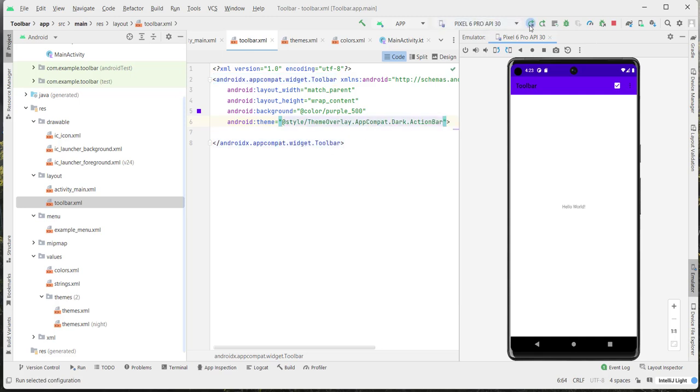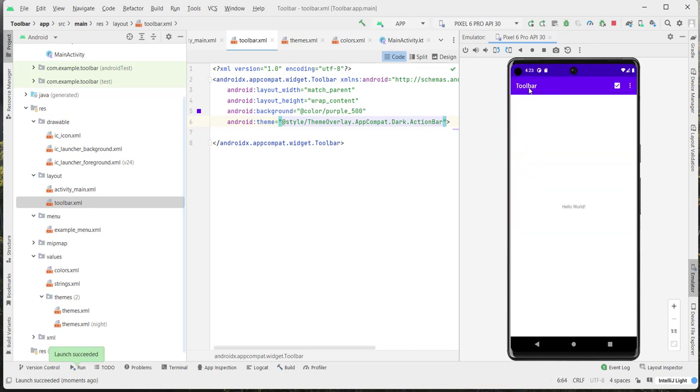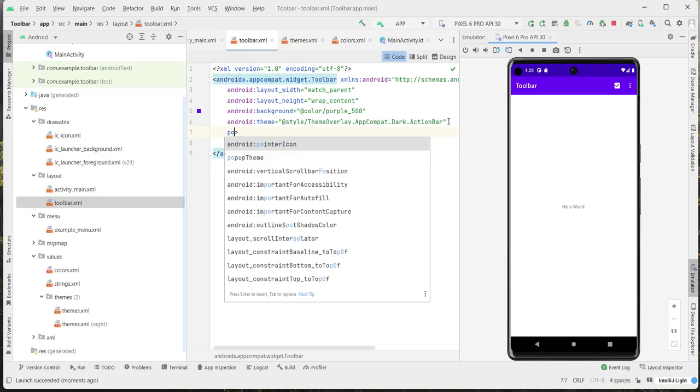Now if we run our app, now the title of the app is white, and the icon and the options also. But if I click here on the options, you don't see the text. This is because we need to add another thing inside our toolbar, which is popupTheme. So if I go down here, and I type popupTheme,